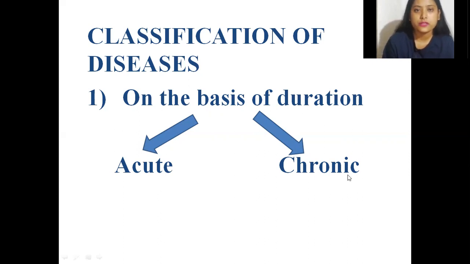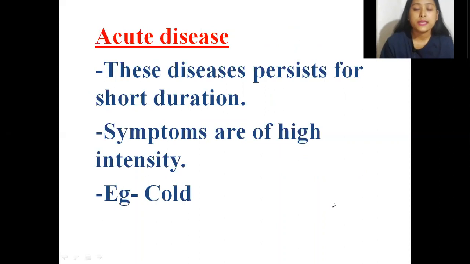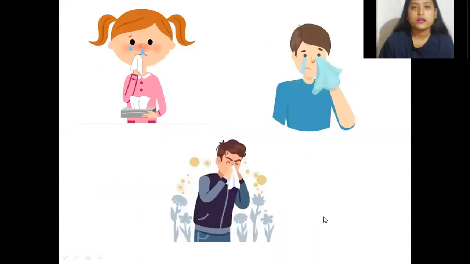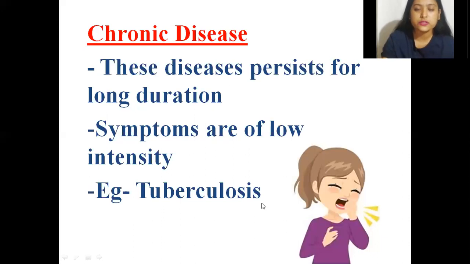So first of all we'll come to the acute disease. Acute diseases are those which persist for only short duration, and the intensity of symptoms is very high. For example, cold. Now if you have cold, then you will be suffering from a lot of symptoms which will be very intense, and some of them are inflammation on the nasal area, and then watery eye,